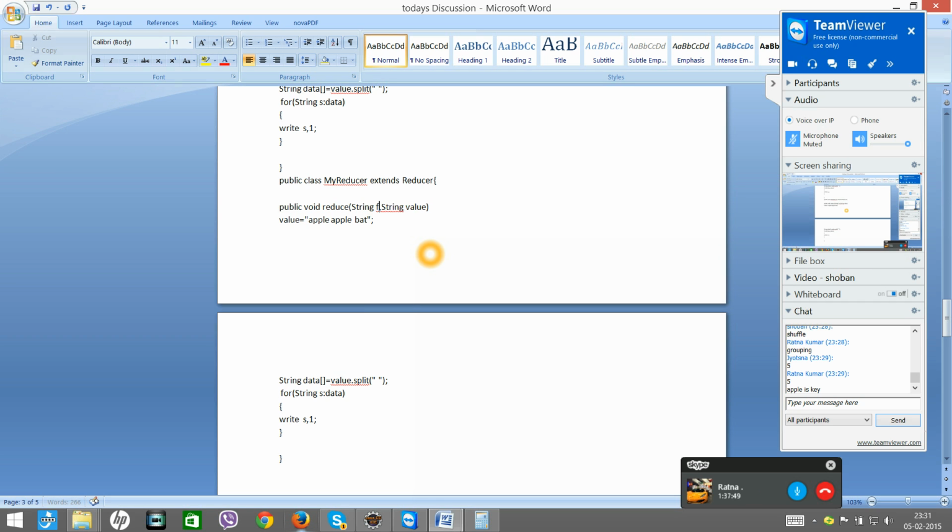Sorry, I'll just say name, not fruit. And this value will basically be an array. Let me just say integer array. For example, I'm not giving you the exact syntax now. Okay, so inside this,